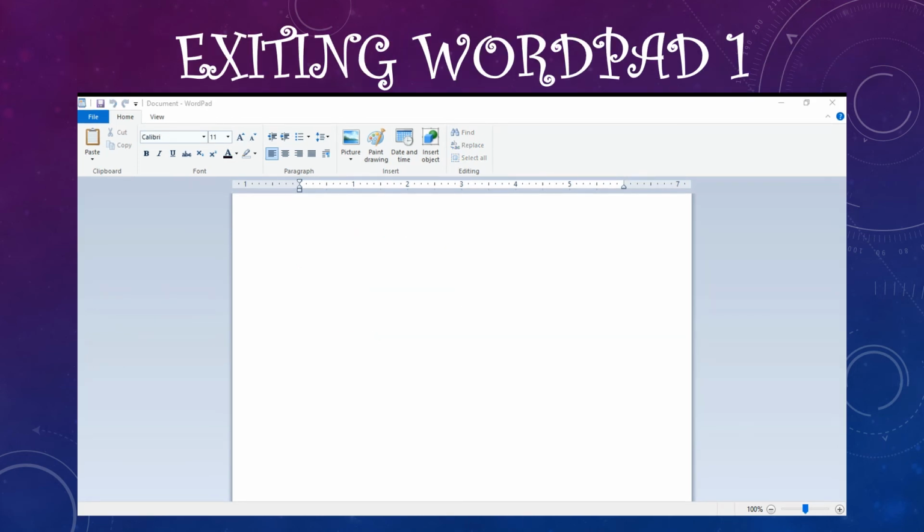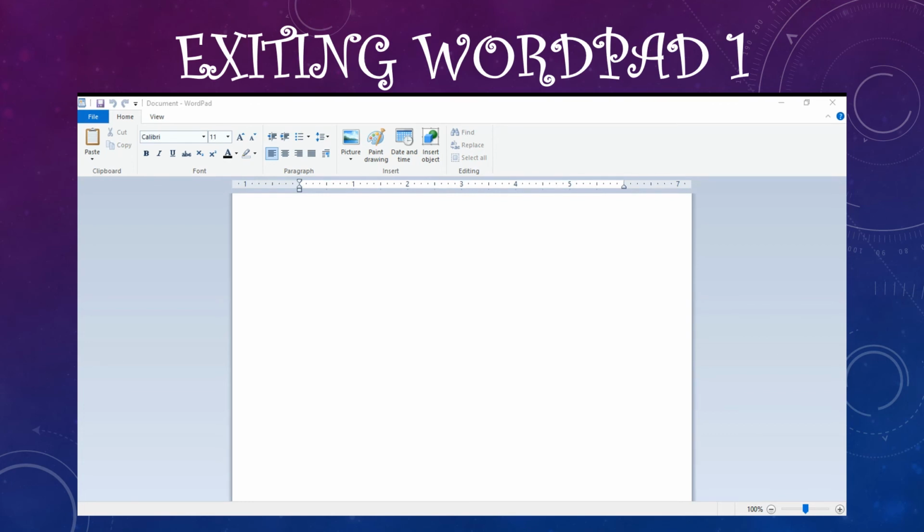After writing your text in WordPad, you have to format the document. After doing that, at last you have to save the file. And now you want to exit WordPad.